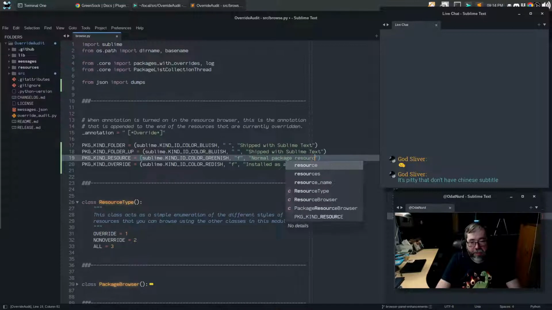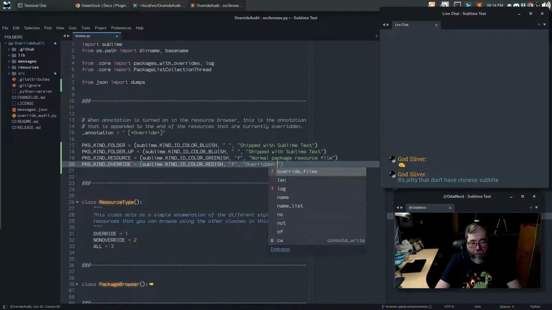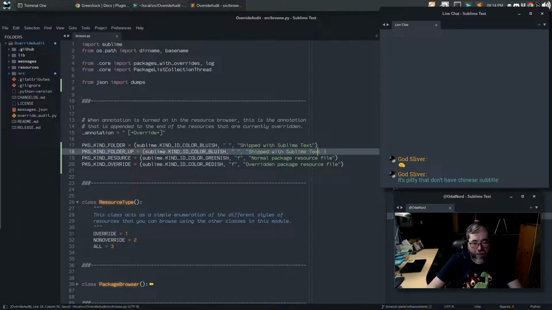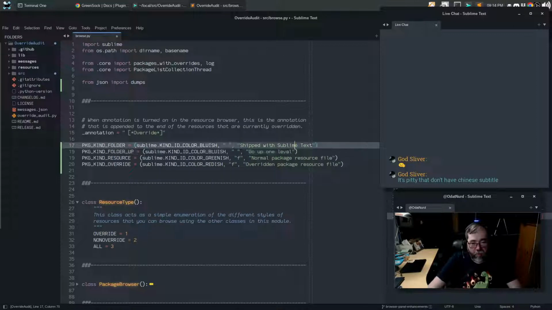Normal package resource file and overridden package resource file. Go up one level and